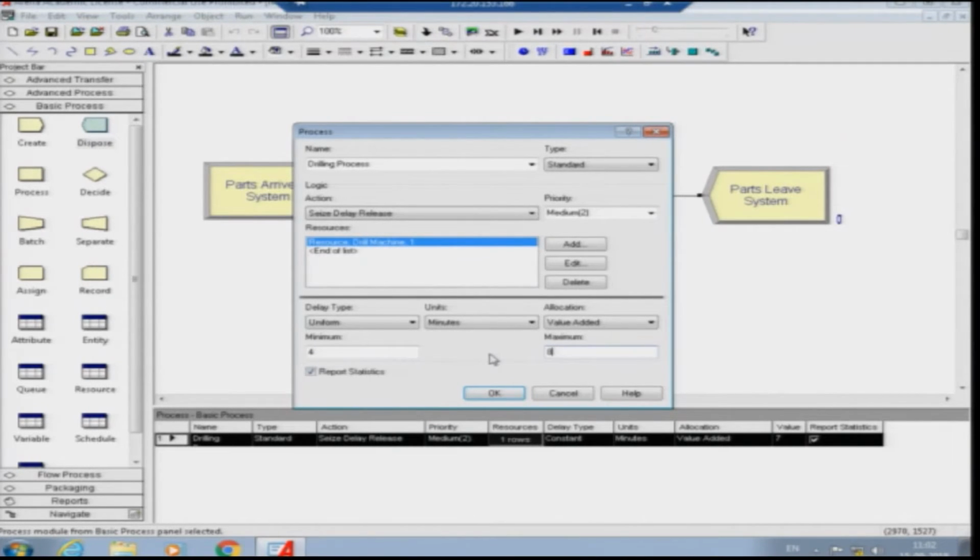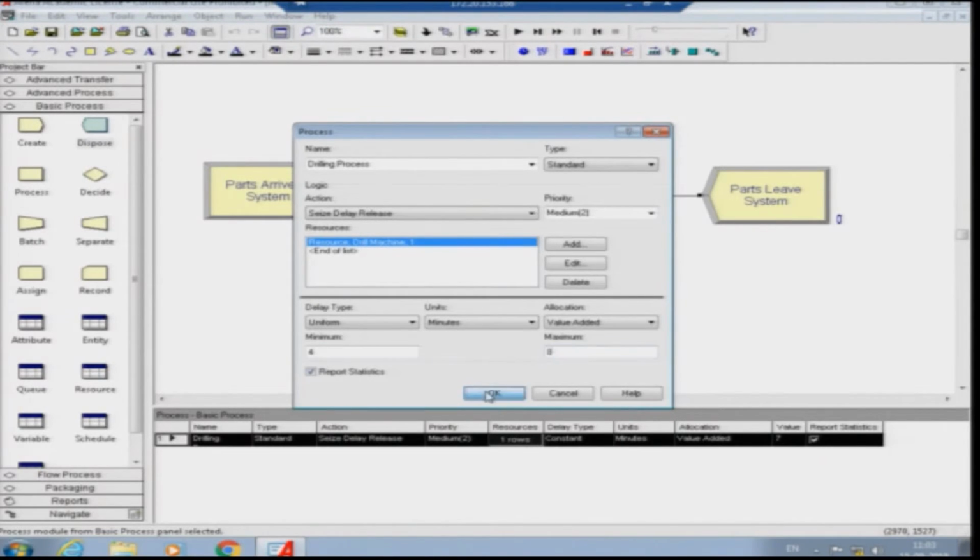Okay. So, the average in a uniform distribution is the minimum plus maximum divided by 2. So, in this case it is 8 plus 4 divided by 2. Okay. So, the average will be 6 minutes. So, if you want to make the average 7 minutes, then you have to make this 10 and 4, with all values equally likely. But before making it 10, let us keep it at 8, so that the average is 6, and let us see what happens.